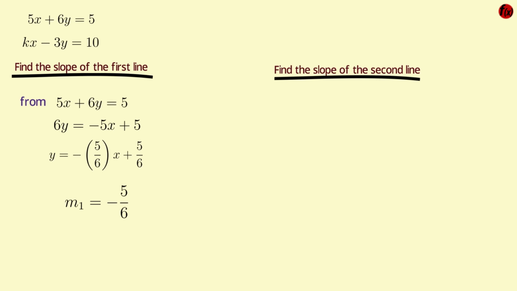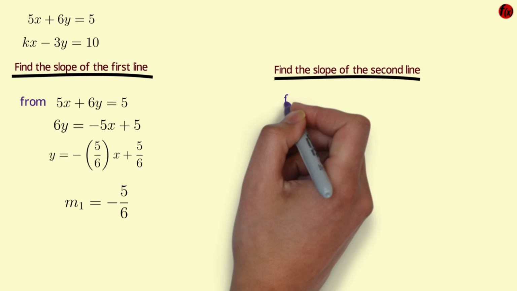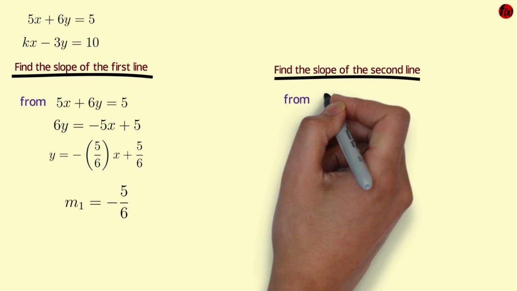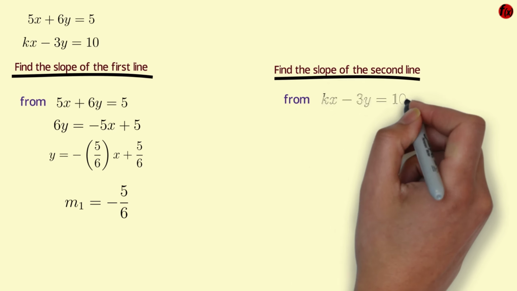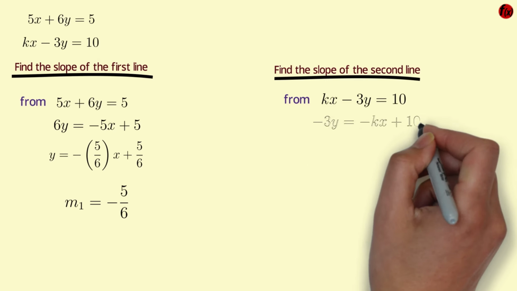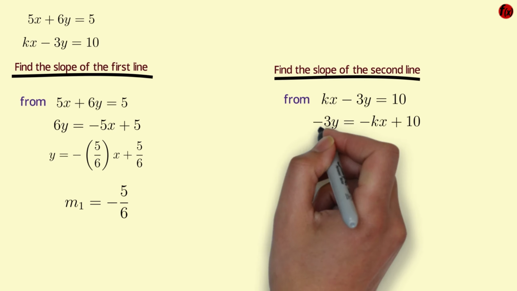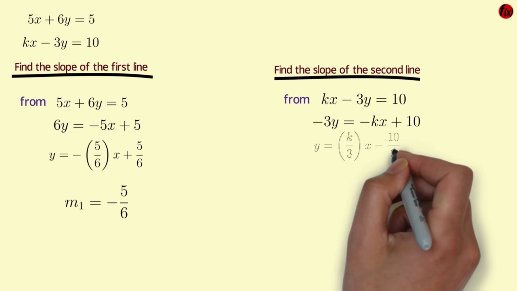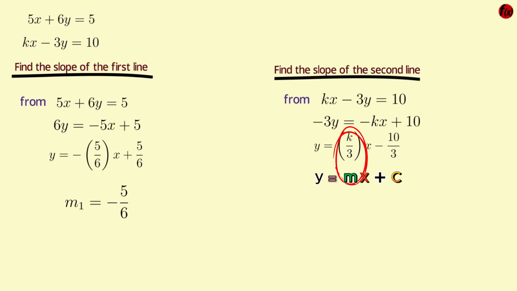Find the slope of the second line. So the slope of the second line is